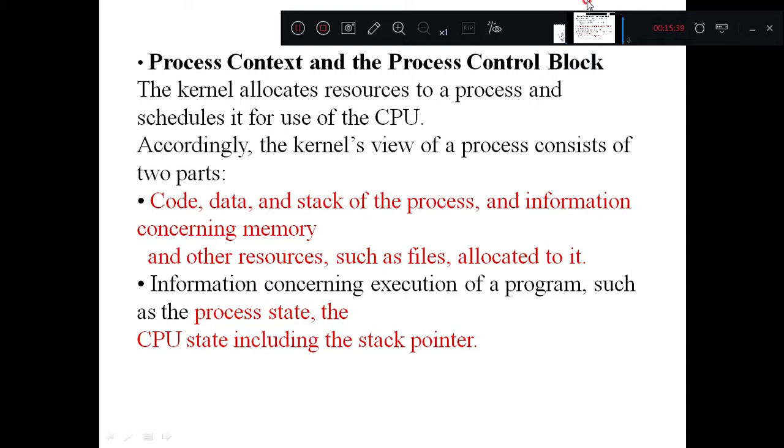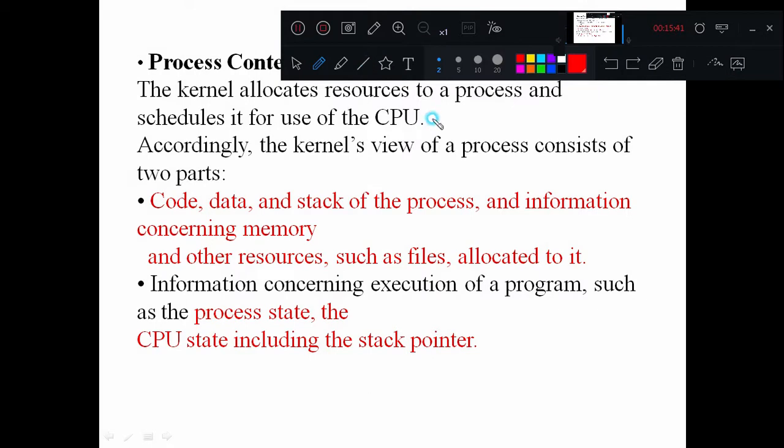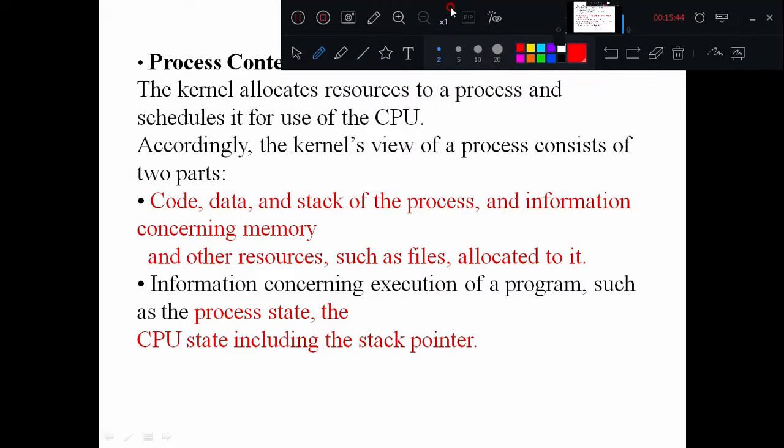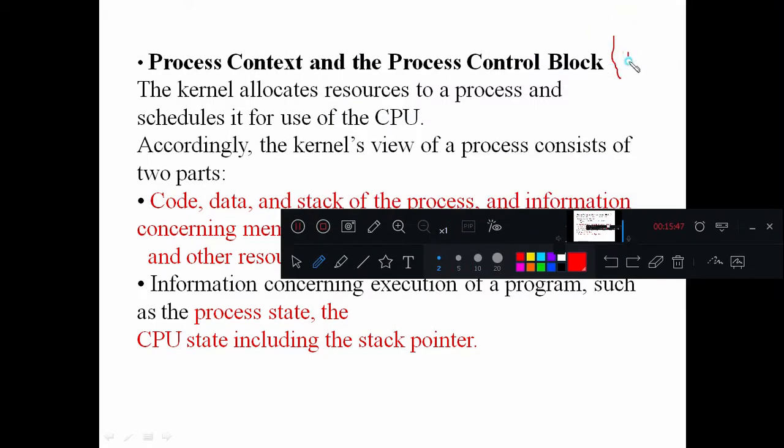All that information will be available in a table which we call a process control block. In short, we call it PCB, right? So it is process control block. It is not a printed circuit board, because we are not talking about a hardware concept here. We are talking about a software concept. So PCB stands for process control block, right? All the information regarding the process exists in this block, hence it is called a process control block, or the block which is going to control the execution of the process is called a process control block, right?